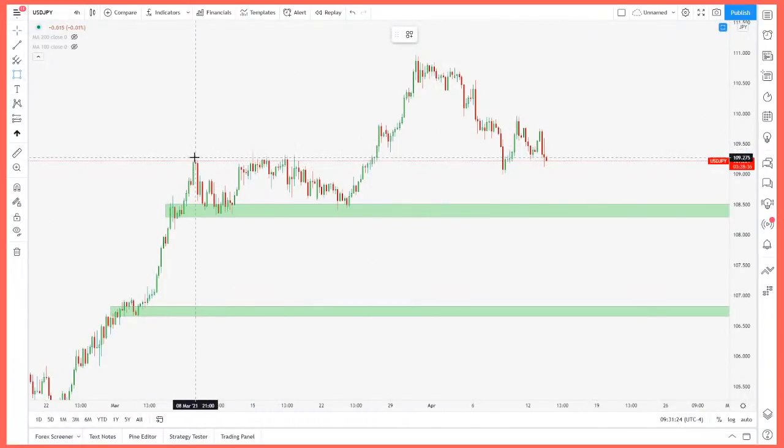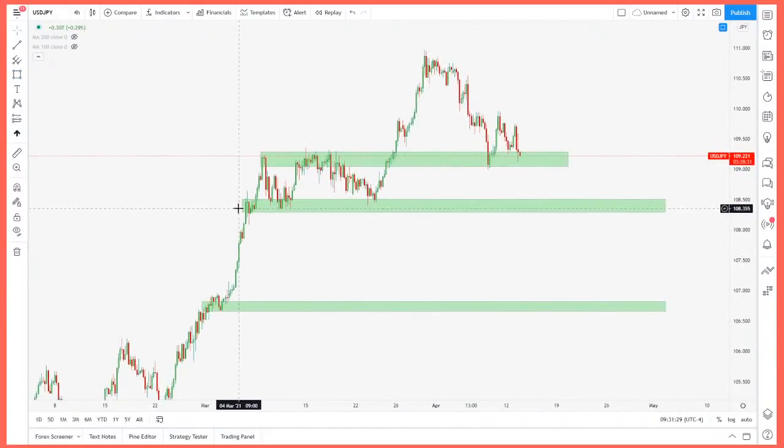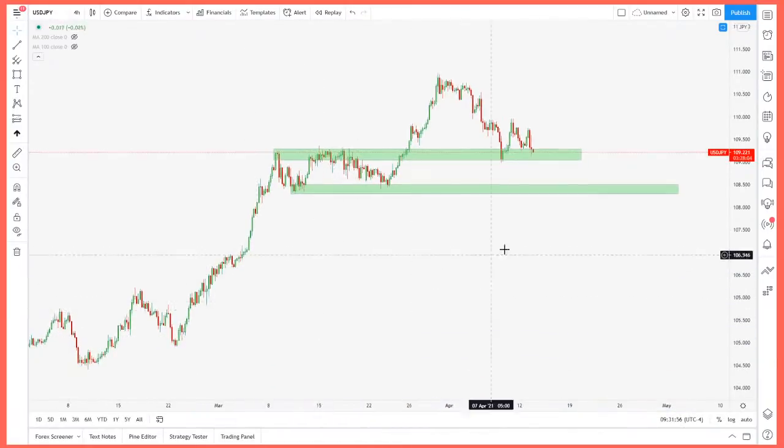We are sort of hanging out at this zone. I'm surprised I didn't have that marked already. But we have some buyers in this area. So, the big test is, can buyers hold this, right? If that happens, if you get the break of this structure, it could be great for the dollar yen to continue to rise. However, it does seem like yen strength is in play right now, so I would just be cautious for the potential slip right down to 108.5. So if you're a super bull on the dollar yen, then maybe we have some room for